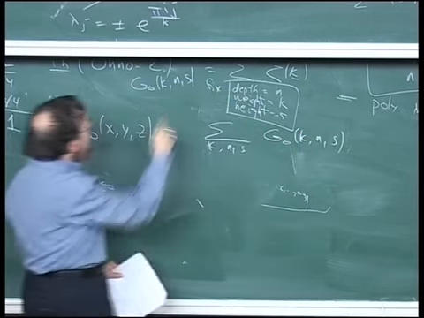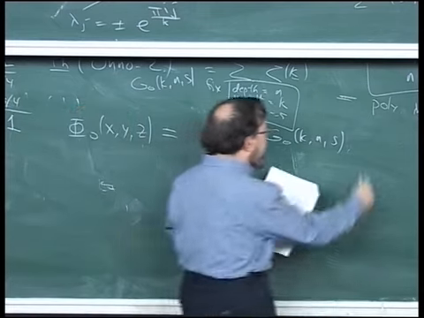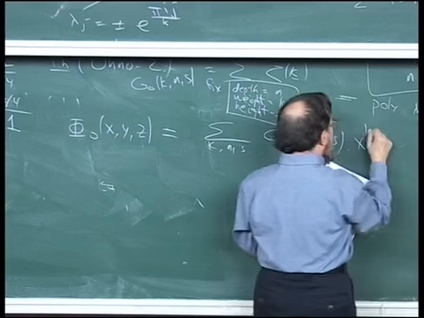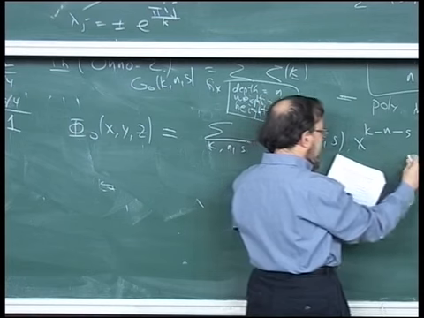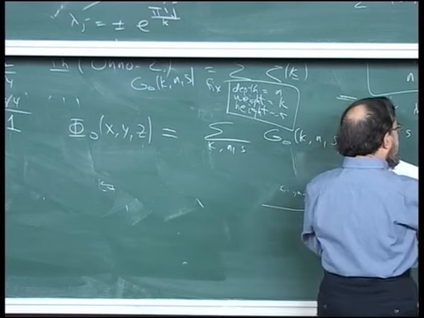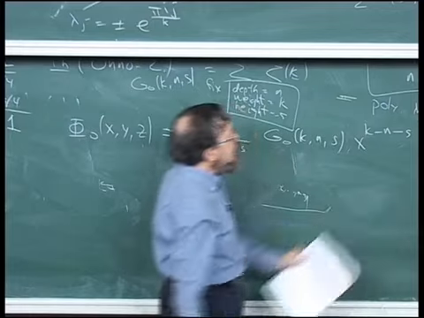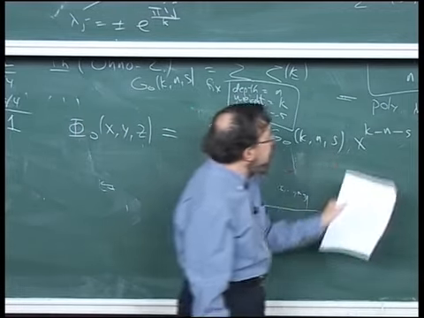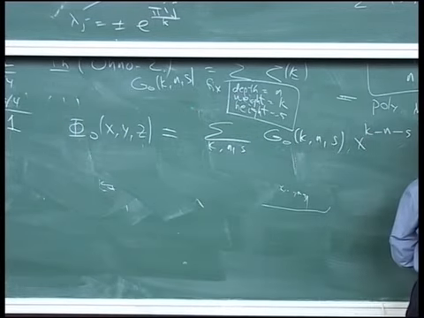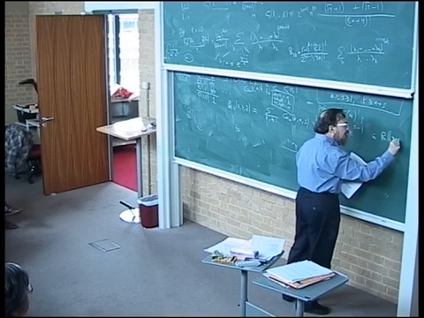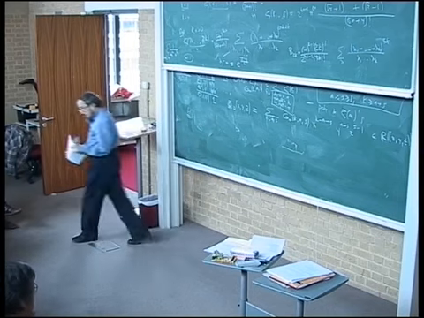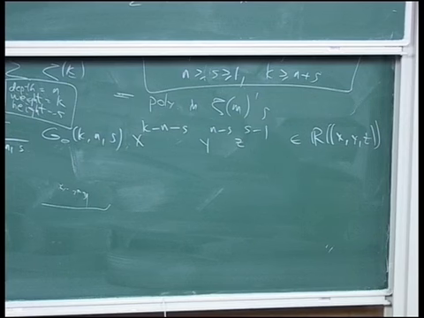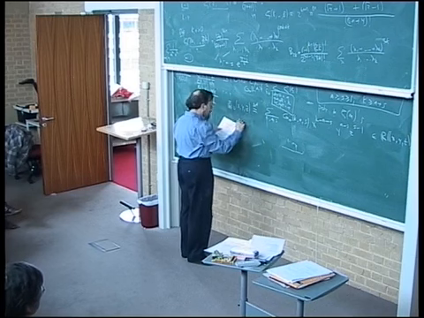So if I put all of these numbers, g0 of k and s, together into a single generating function, then since k is at least n plus s, I can take x to the power k minus n minus s, and similarly z to the s minus 1 because s is at least 1, and y to the n minus s because n is at least s. So this will be some power series in 3 variables, x, y, and z. And the claim is that this entire power series can be expressed in terms of the Riemann zeta function. And so the theorem says, so this is the definition, and the formula is